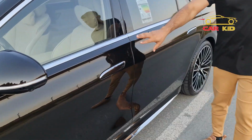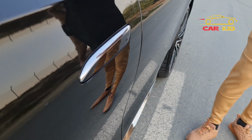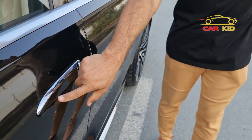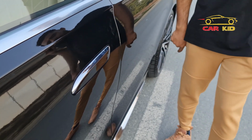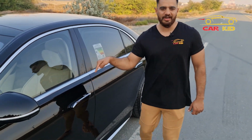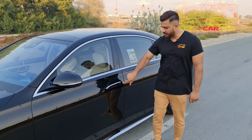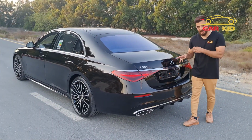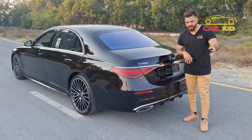When you lock the cars, they're inside the body, so they pop out when you unlock the car with the remote, and also when you slide your finger on the doors like this, it's unlock and they pop out like this. In the similar way, when you lock the car, they pop in again. So the back look of the Mercedes S-Class, from far you might be mistaken that this